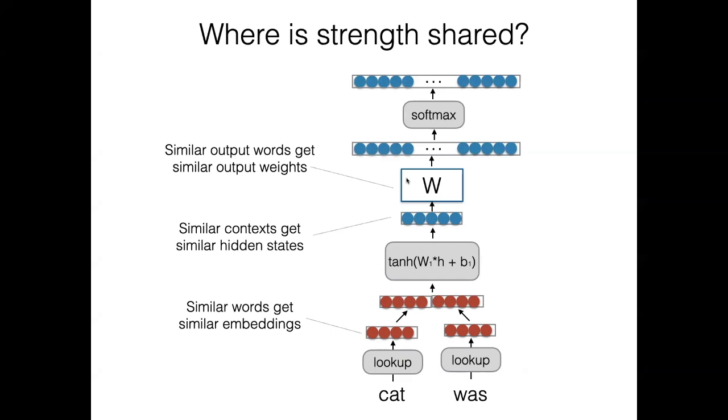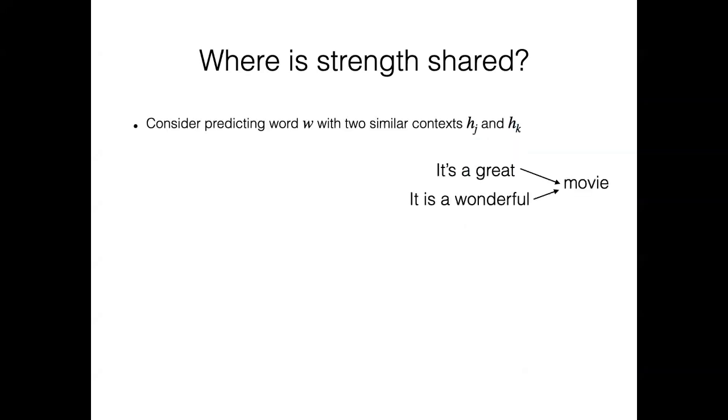So if you wanted to really convince yourself of this, then this was actually in the reading that I listed on the course website. This is due to Kyunghyun Cho. But you can actually work through this little example, which shows why the model might be forced to give two similar contexts similar hidden vectors. So here, consider we're trying to predict a movie, and we have these two contexts. It's a great, and it is a wonderful. Then you could say that for this context h_j, the probability that it assigns to this word movie, we'll call it